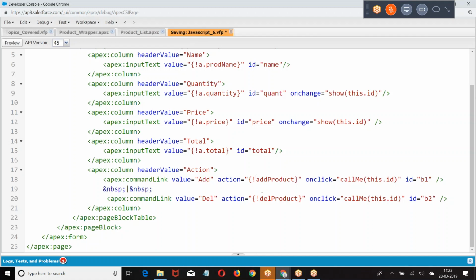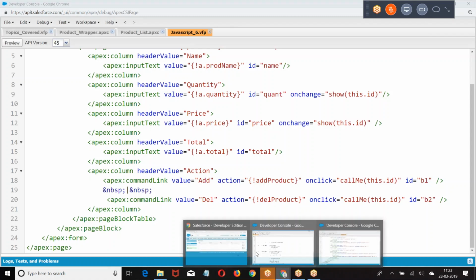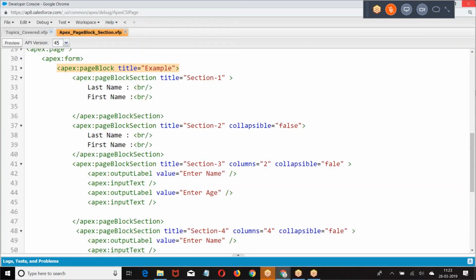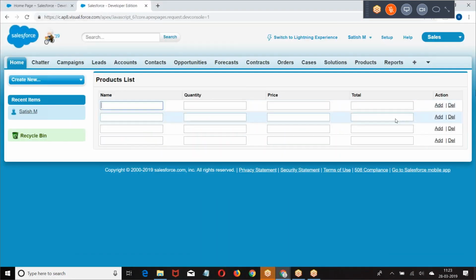In Lightning, we write like C dot method. This is how we got it. Right, boss? This is the UI that I created.